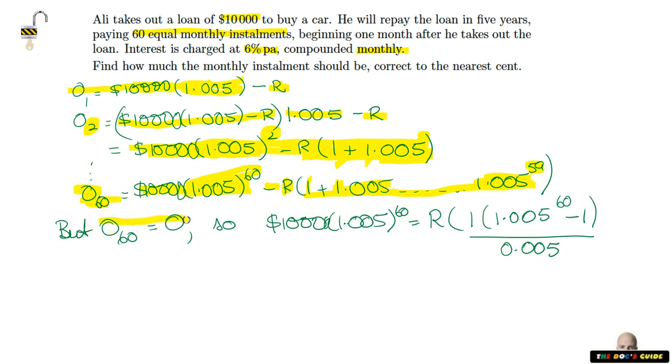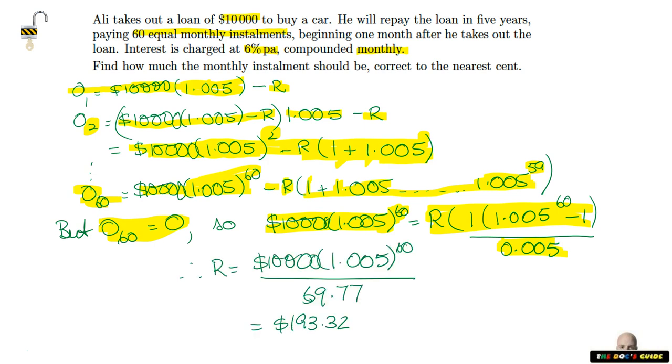If we then make use of the fact that after 60 repayments our balance is 0, then we're just solving this equation here. Interestingly, when you solve this equation, you may choose to think of it as the fact that on this side, here's the money that the bank could have earned by investing its own money in another bank. Here is the money we've given the bank, the repayments and all of the interest that we should have earned on that money. And then we solve it. That's all there is. So when you put that into your calculator,